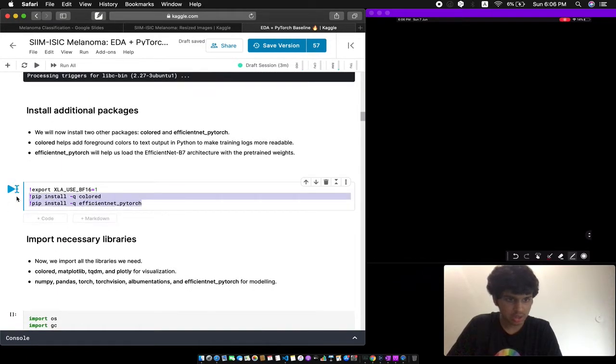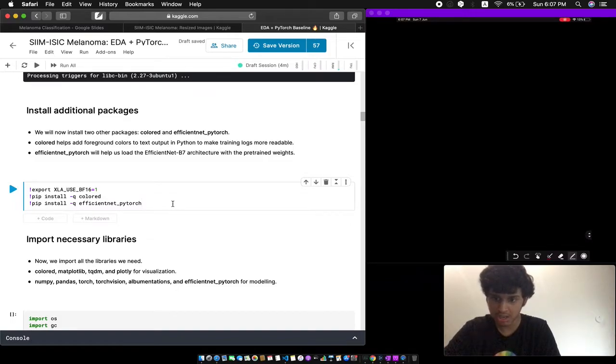And then we install these two libraries which we need. Colored is a very nice little library that lets you color text that you print in Python, and it makes training logs look really nice and readable. And then you have EfficientNet PyTorch, which will help us load the EfficientNet architecture and weights which we need to classify melanoma from skin images. So just run this code.